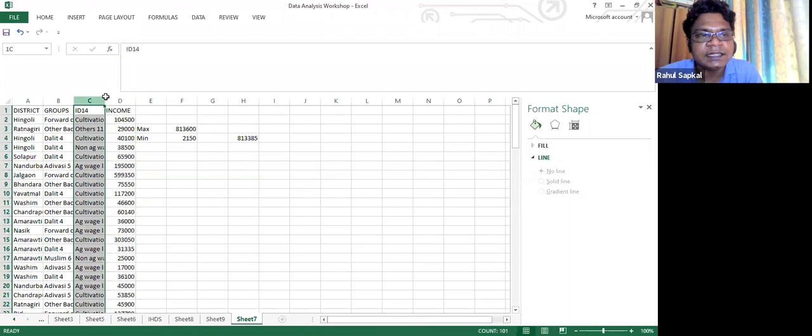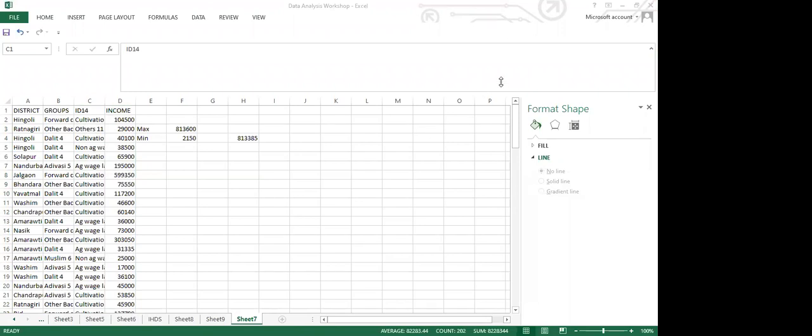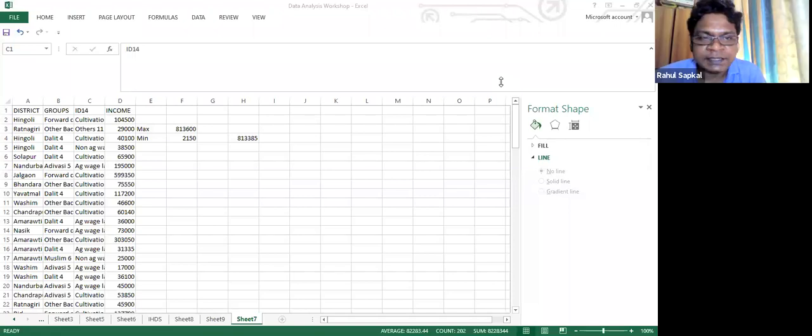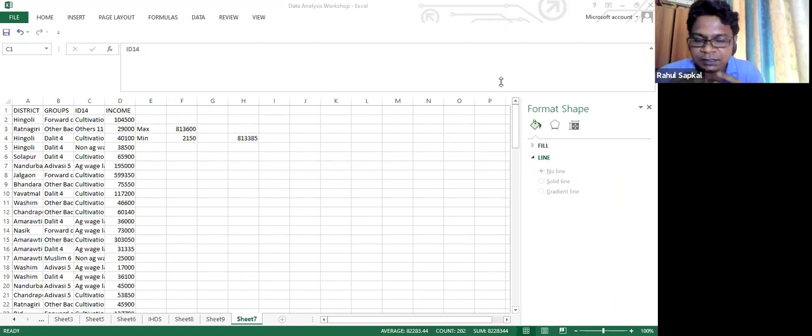So I am going to select these two. Just a question, why did you divide by 10? 10 is a random number I have taken. I want to have 10 class intervals. You can take 5 also. You can take 100 also. But the larger the number of class intervals you take, the table looks very odd.